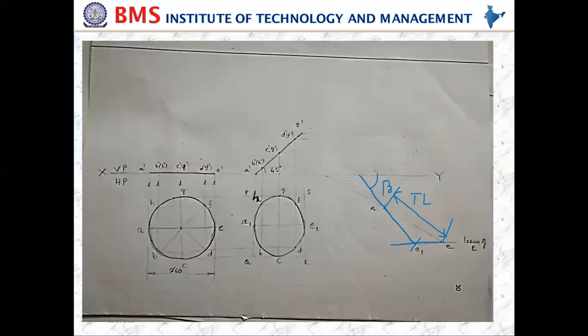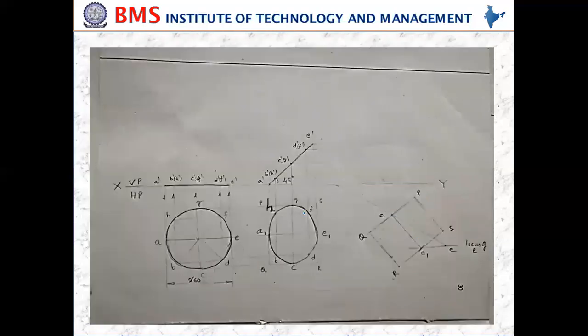Okay, so this is the 30 degrees line which you have drawn. And then after drawing all this, next you need to locate the box, meaning the PQRS here. A1 and E1 are already located. How to draw the PQRS box is: through A1 draw a perpendicular like this, and through A like this you draw one more perpendicular line, and measure the distance and locate P, and locate Q also.